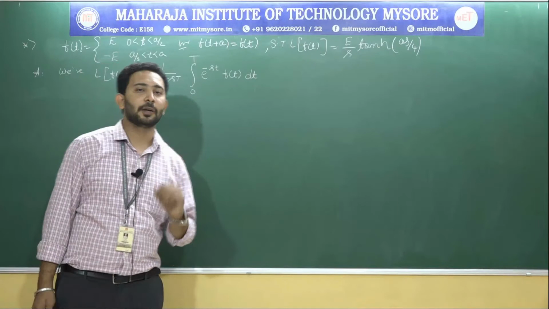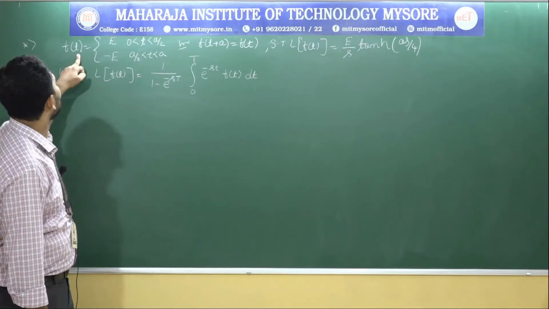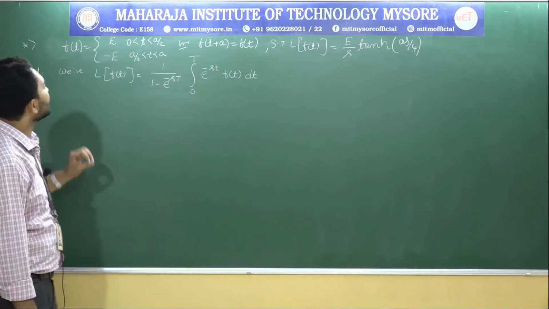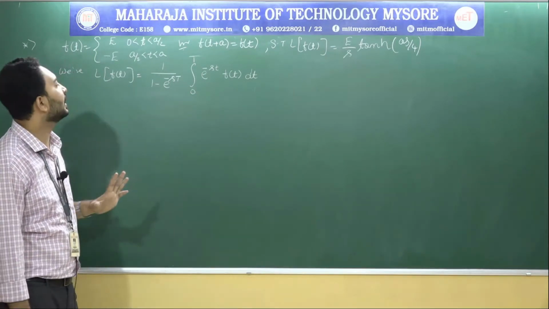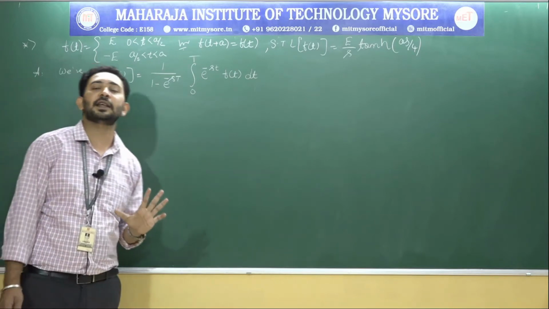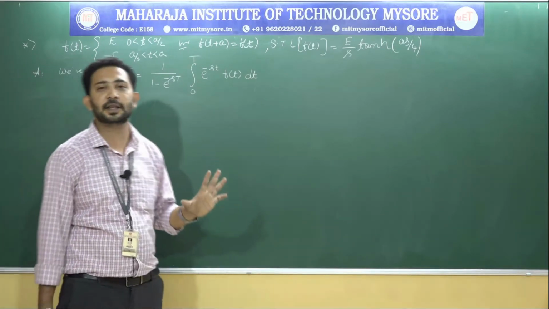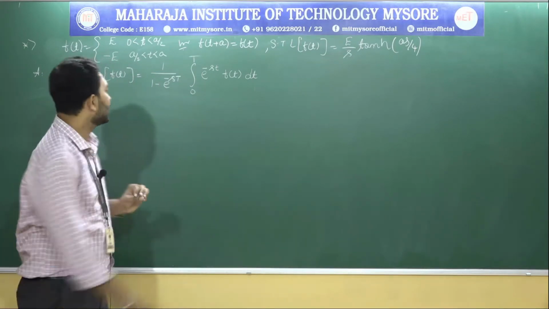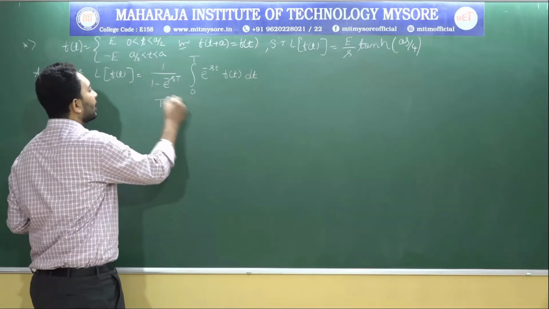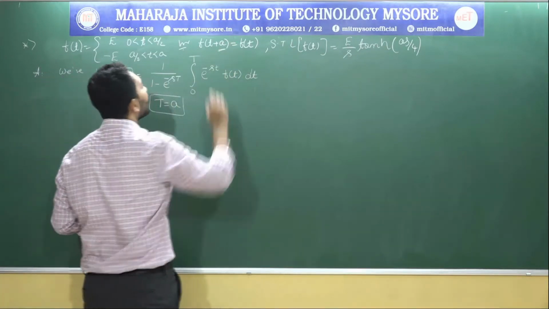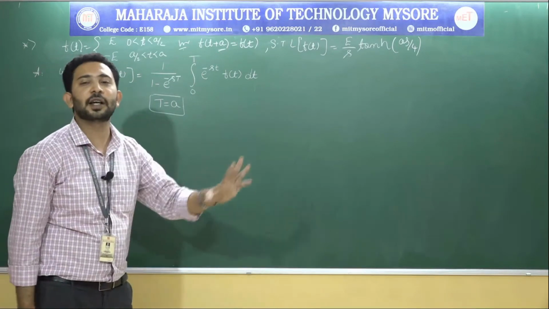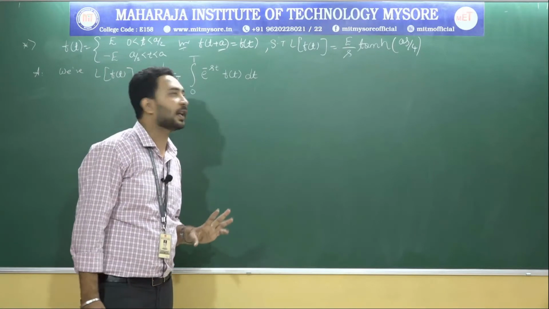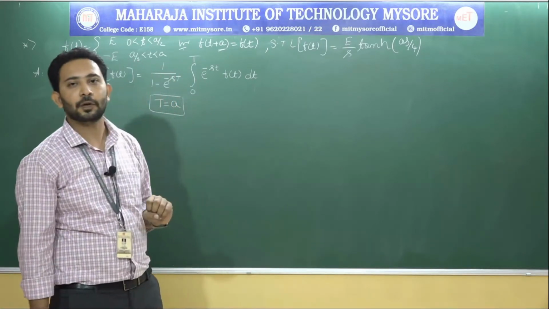Okay, third problem. So they have given f of t equals e for 0 less than t less than a by 2, and for minus e, it is a by 2 less than t less than a, where f of t plus a equals f of t. Where f of t plus a equals f of t means for this problem we have the period capital T as a, because we have f of t plus a equals f of t. Then show that the Laplace of f of t equals e by s into tan hyperbolic as by 4.